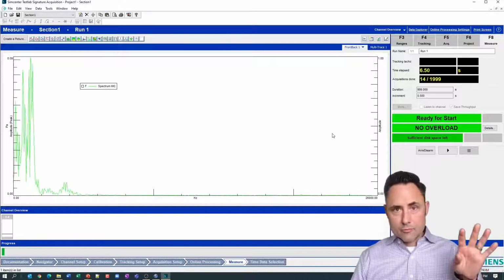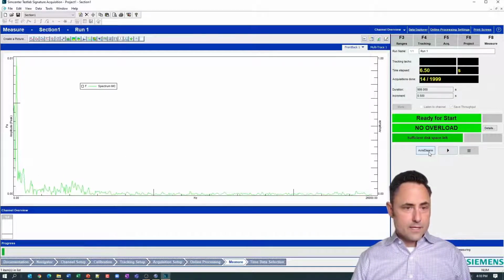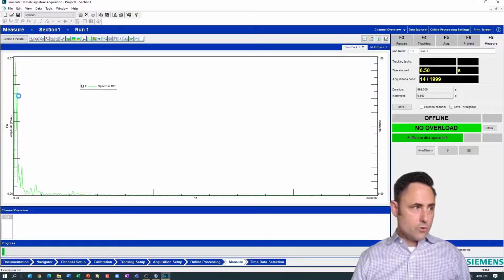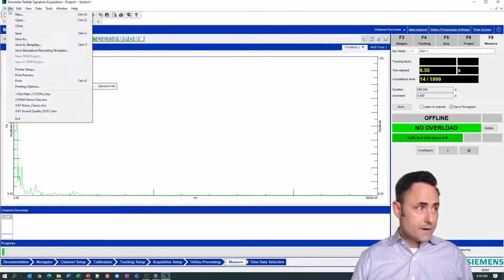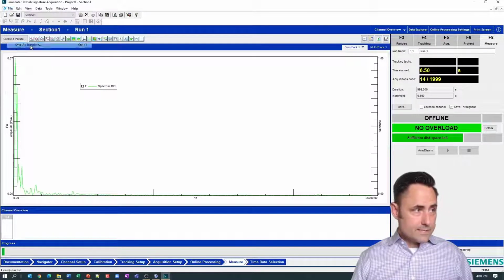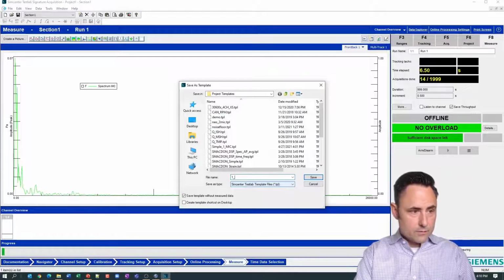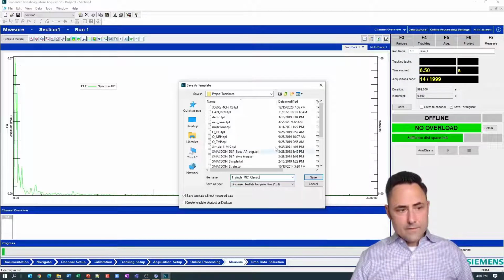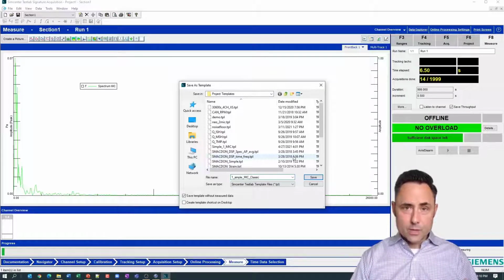But now I've got my real simple basic setup done. I'm going to disarm this, and I'm going to show you how to save this as a template in TestLab Classic. File, save as template, just like we did before, and I'm going to get a file. Again, I'm going to call this one simple mic, and I might call it classic here. And this will give me that .tpl file that I can then start a new measurement with.